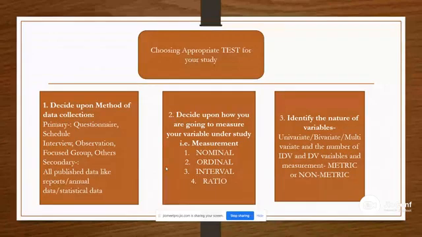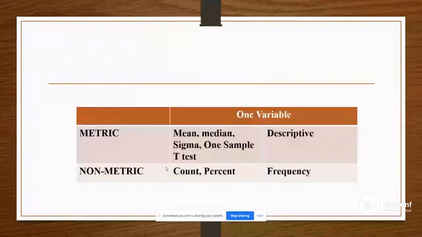Next point which you have to remember is whether how many number of independent or dependent variables are there. Most important, how you are going to select your sample size, selection कैसे होगा। All these things are the steps of your research process, and this is the table which I have made, and the table is related to metric and non-metric and what kind of test is available, आप टेस्ट कौन सा लगा सकते हैं उस पर्टिकुलर फील्ड में। बट इफ यू आर वेरी न्यू, अभी अगर आप बहुत न्यू हैं, मैं आपको बहुत कंफ्यूज नहीं करूंगी इन चीजों में। ये आप टेबल तब खोलेंगे जब आप पहले की चीजें,